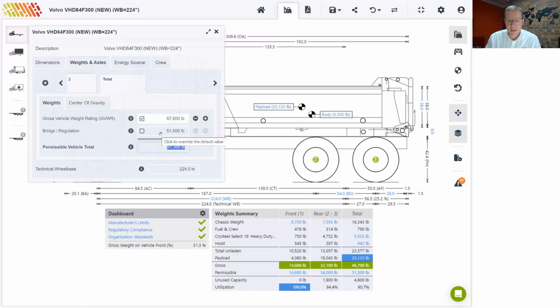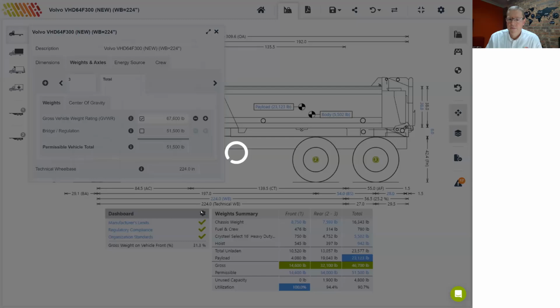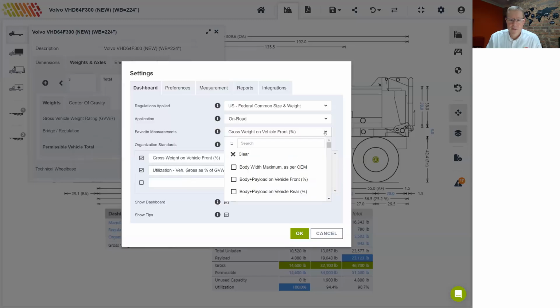So we've pretty much reached the maximum, although we are nowhere near the maximum in terms of the gross vehicle weight rating. Now over here, we can't see the percentage utilization of the gross vehicle weight rating, but we can add this measurement to the dashboard as one of our favorite measurements so that we can observe that value as we make further modifications to this vehicle. So for this, I will go to the dashboard settings